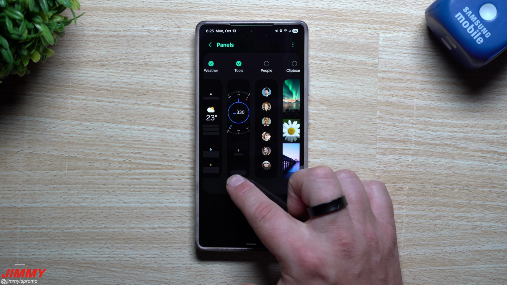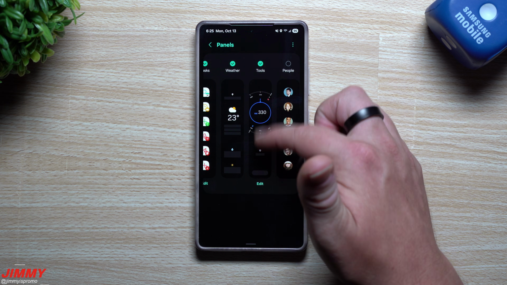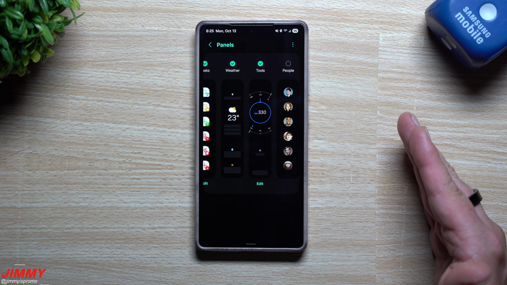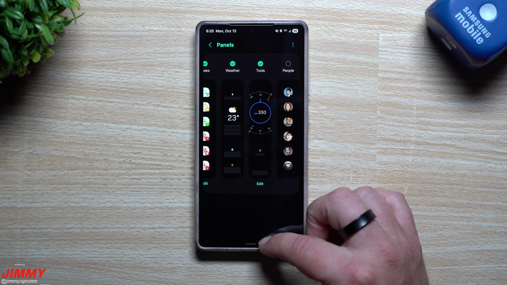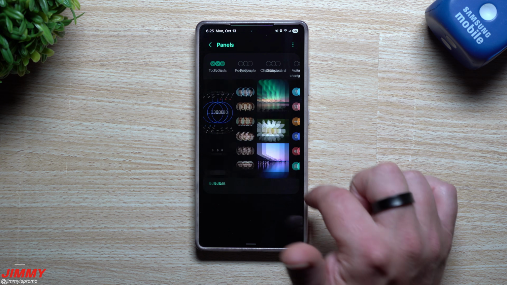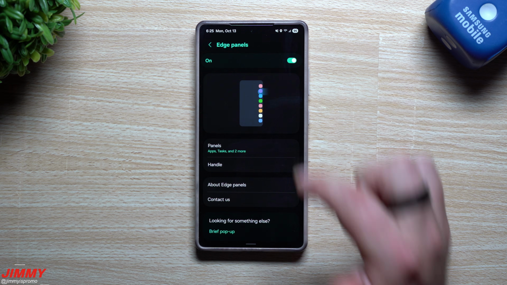And then you're just able to go through again and you have all of these edits and use location when it comes down over into this one here, which is tools, because there is a compass. It shows your location via coordinates, and then there's a whole bunch of other stuff, and I'll show you all of that. So now that you have chosen the panels you would like to use, and then out of the ones that you have used, if there's an edit button, you have gone through and you have customized it,